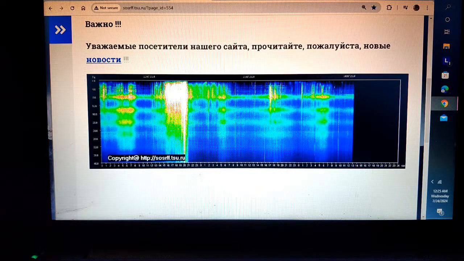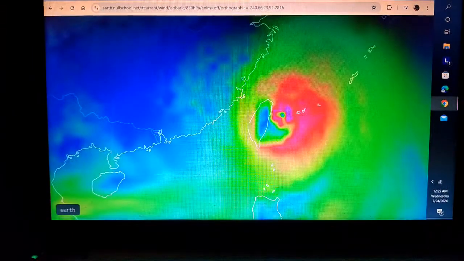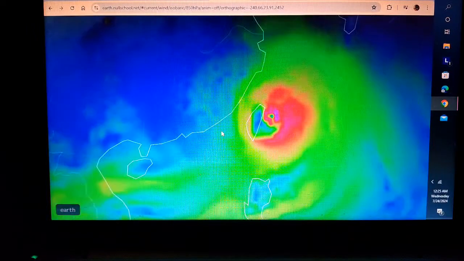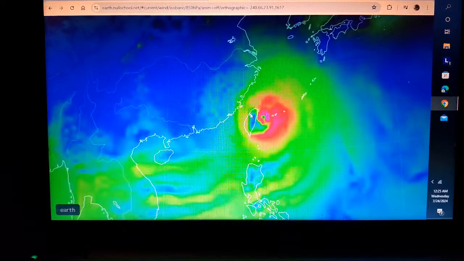Now, here we go. Everybody take a nice deep breath. Let me back out real quick. That's Taiwan, okay? This is Taiwan Typhoon, all wrapped around the whole thing.